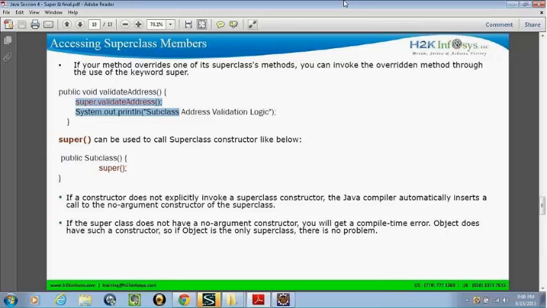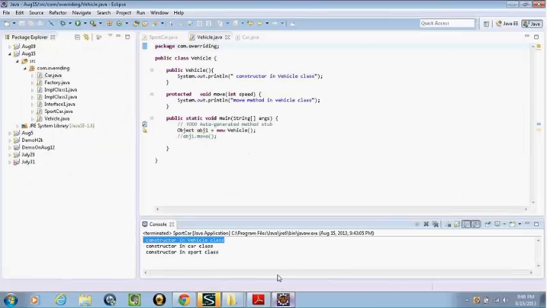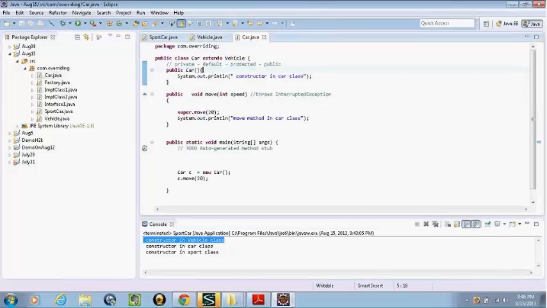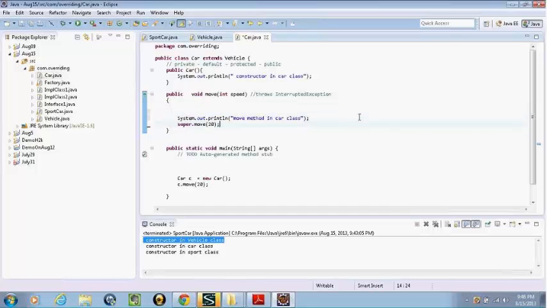Okay, this is what you're asking? Yeah, so that's valid. Yes, we could do that in a method. That's the rule only for constructors. I'm sorry, I was thinking about constructors. Do you understand it? Yeah, I got it now. Everyone, in the constructor, the super or this call should be the first statement of the constructor. But in a method, you can call the superclass method wherever you want. There is no restriction to that.